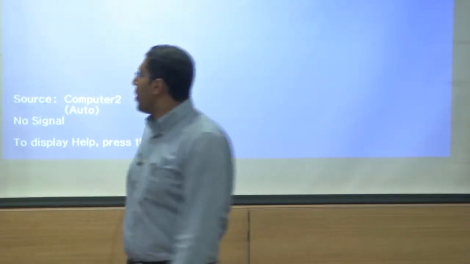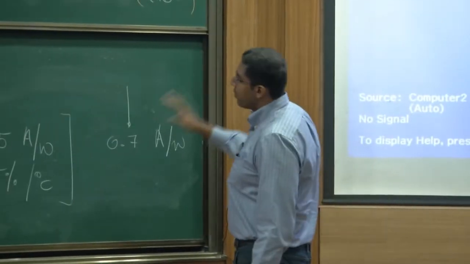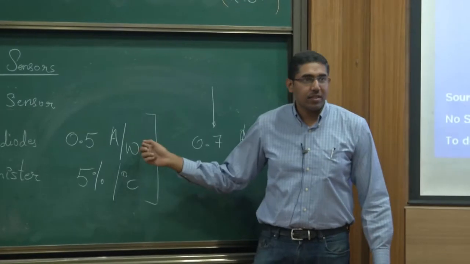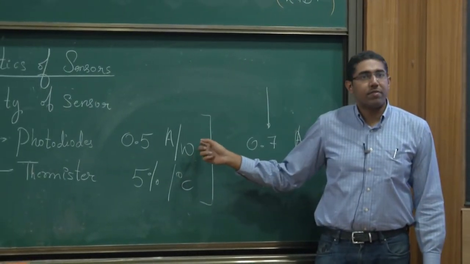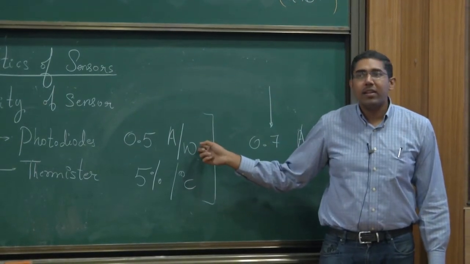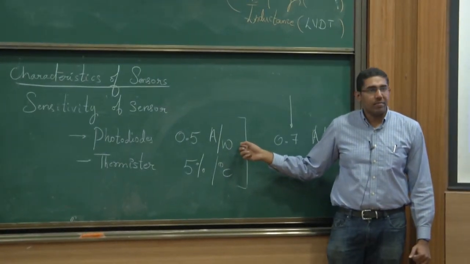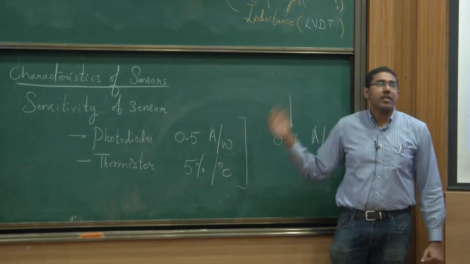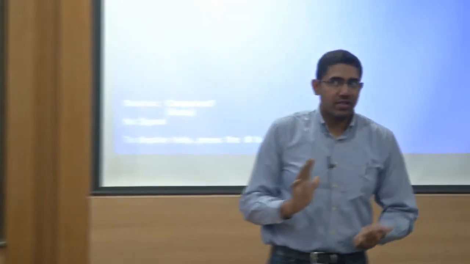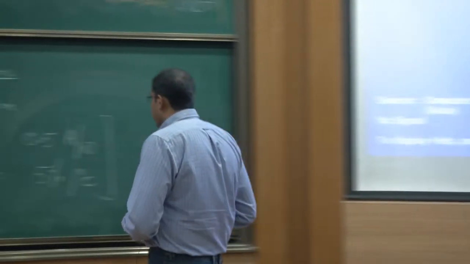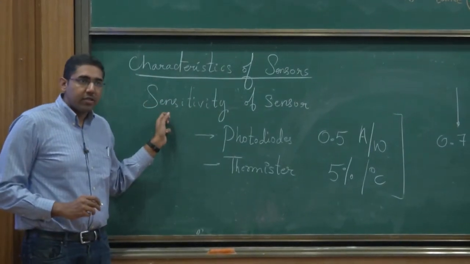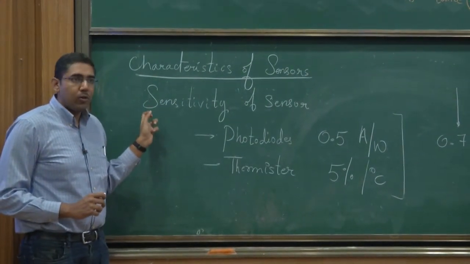Okay. So for example, there are avalanche photodiodes which have much higher sensitivity. Their operating principle is different. Okay. Almost like 100 times more than this. But then they saturate very quickly, right? So they are good for sensing very low light conditions, not for all applications, right? So therefore, the sensitivity is just one of the metrics for saying a sensor is good or not.